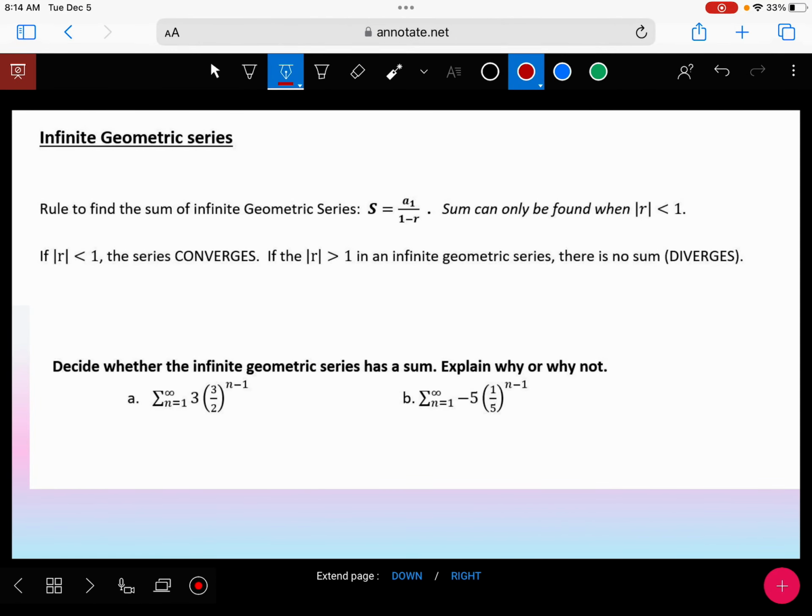And I did add this sentence or this word. I think the word diverges. I think I added that to your notes. So this is the last formula that we're going to talk about, and that's the sum of an infinite